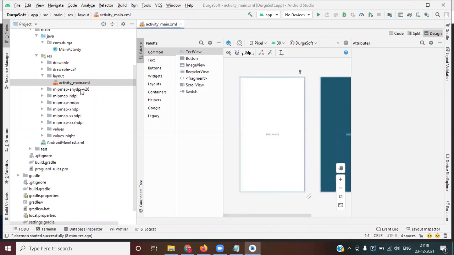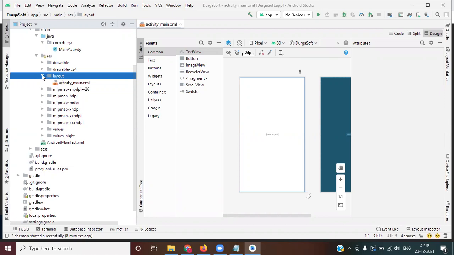Okay. So here, how many XMLs I want, I can create. Can I create 100? Yes. Can I create 1000? Yes, no problem. Other than here, can I place my XML file anywhere else? No. Exactly whatever XML or screen you would like to design, that should be within the layout folder only. You should not write outside of it. Okay, that is the one.